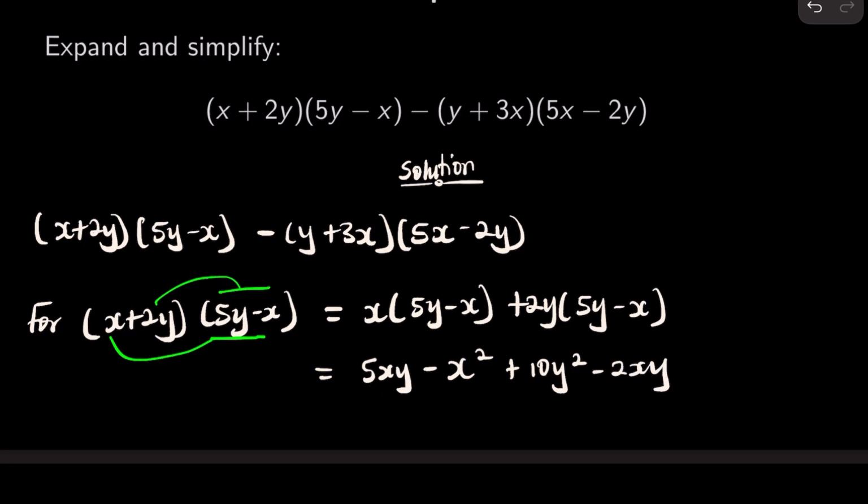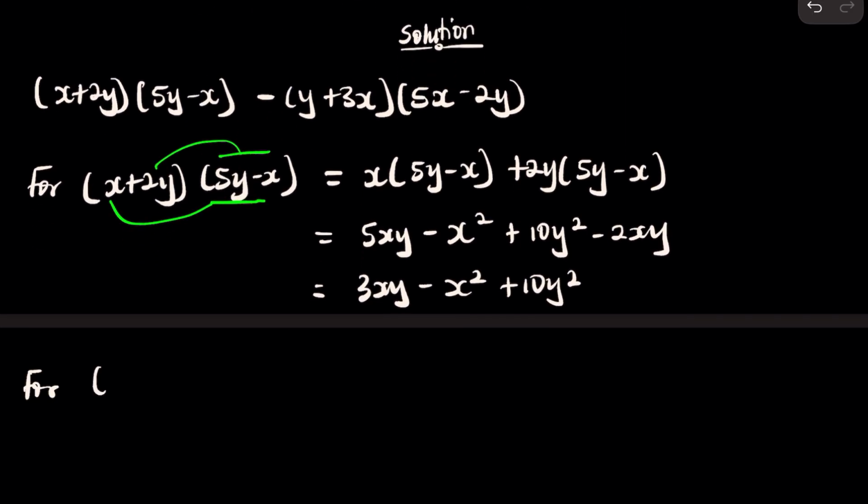So let's see if we can group some like terms here. So we have xy, xy, so these two are like terms. And so 5 minus 2 is going to give you 3. And so our result will be equal to 3xy, then minus x squared plus 10y squared. So we now compute the second product, then we subtract our results. For y plus 3x